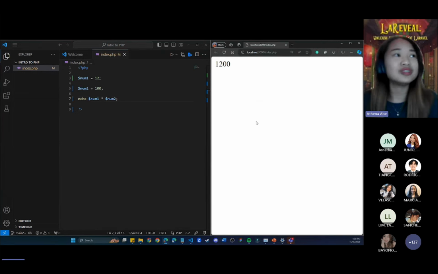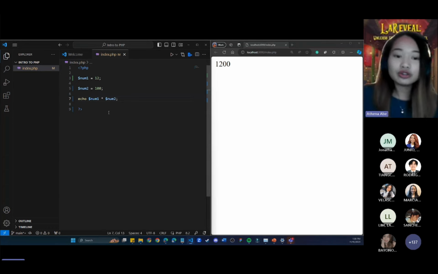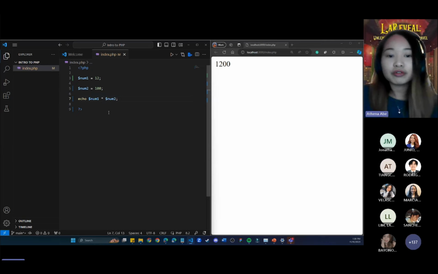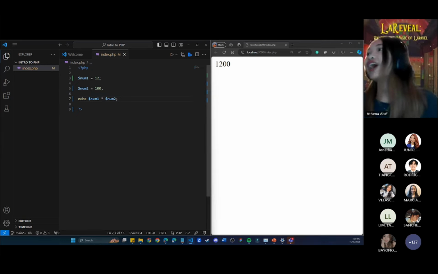Kaya tayo nagko-code, guys, para i-display na natin yung sagot. So, hindi na natin kailangan i-manually compute. That's the power of learning about programming in PHP. When we want to display the exponential value,